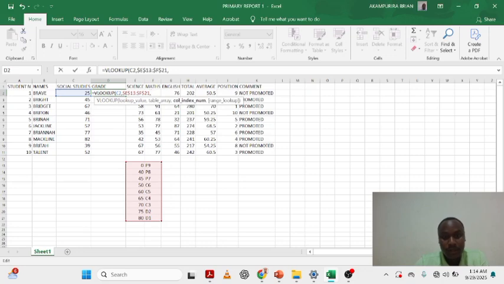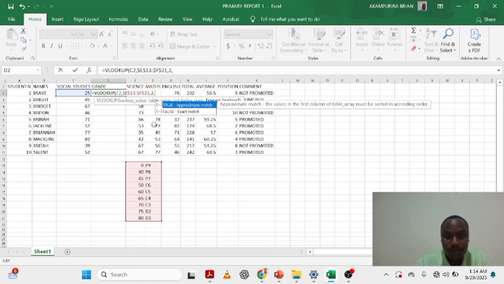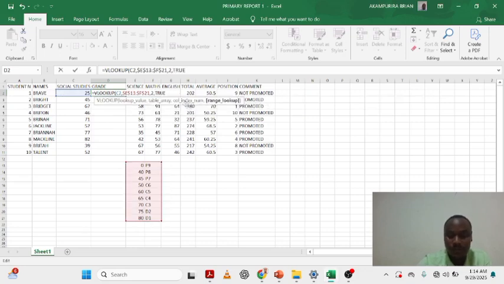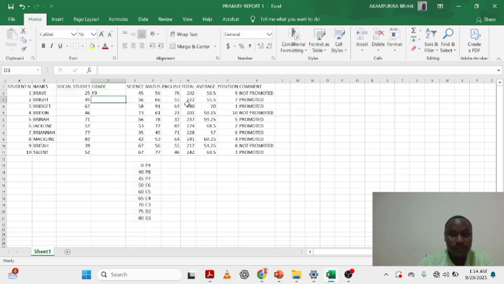Then the column index number, which means the column where our grades are appearing, and it's column number 2. So we're going to put 2, and then it's also requesting a range lookup, and we'll put a comma here, and we'll say, is this a false exact match or is it a true approximate match? And we'll double click true approximate match,